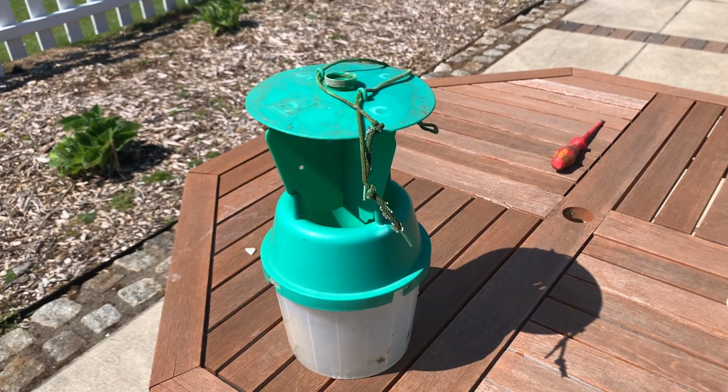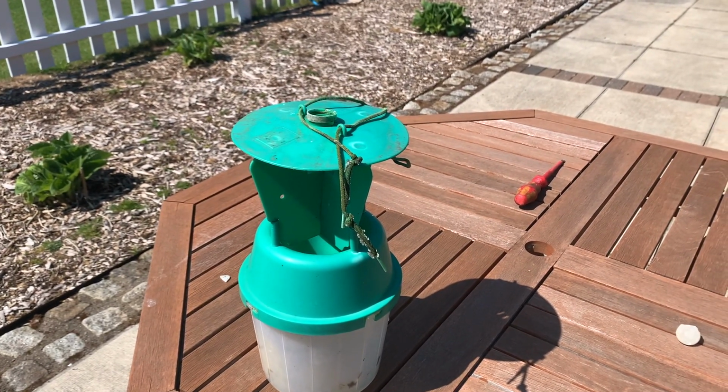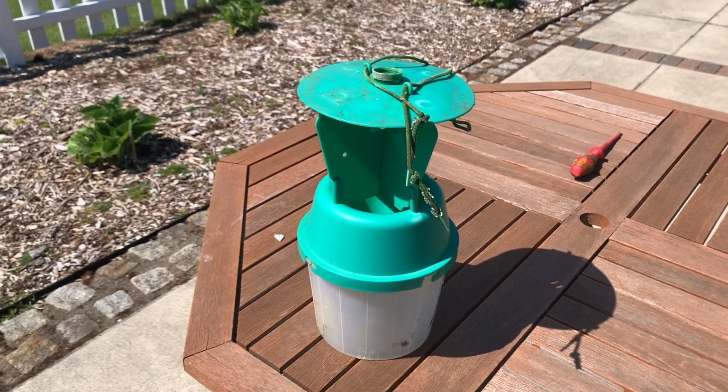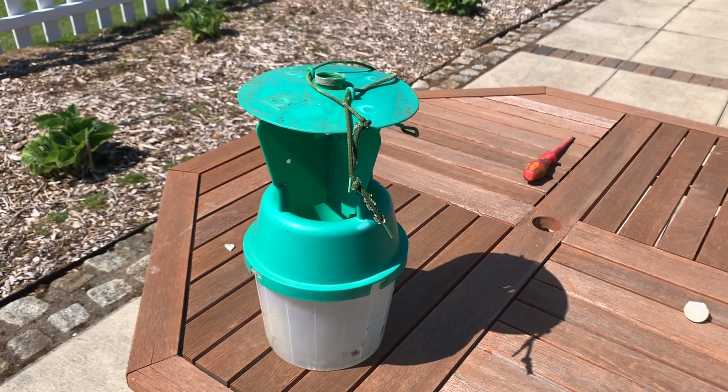This is the time when you want to get it up, late spring, early summer. This is when they're getting ready to start laying their eggs, and this will let you know, right, they're here, trying to get something done. Okay,